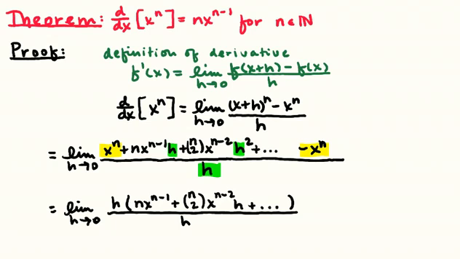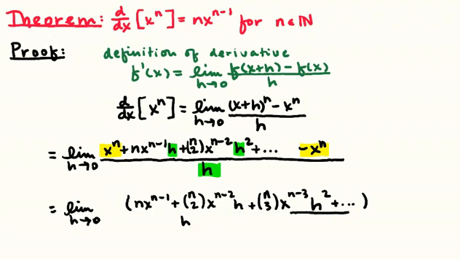Then I'm going to have n choose 2, x to the n minus 2 times h. And you know what else I might do? I might actually show you what the next term of this thing looks like. I could say that the next one would be n choose 3, x to the n minus 3 times h to the 2, after I factored out that one h. And then there will be all the rest of the terms up to the point where we're taking x to the 0th power and h to the nth power. But what's important is that there's more than one power of h, so that when I cancel off these h's, oh, whoops,